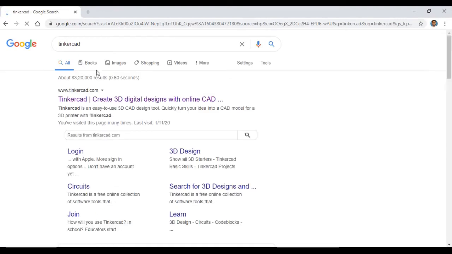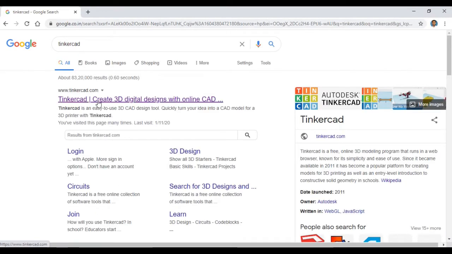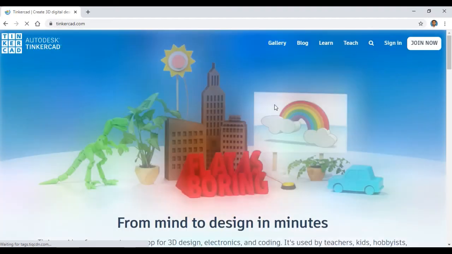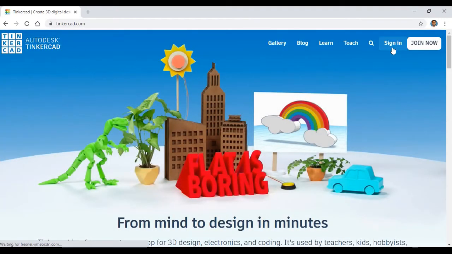So just go to Google and search Tinkercad. You will get www.tinkercad.com. So go to this website. Here you have a sign in option.